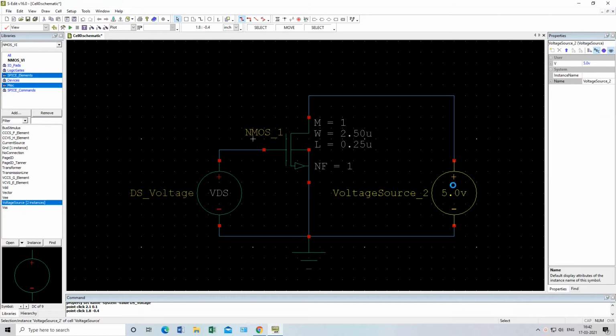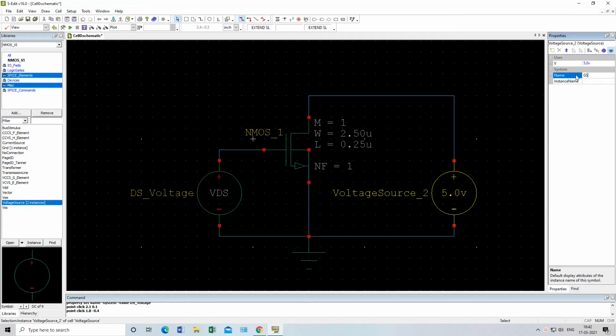We removed 5 volt from there and we named it VDS by going into properties on the right hand side. As you can see, these are the properties. You can click and change the name or whatever value you want to give.